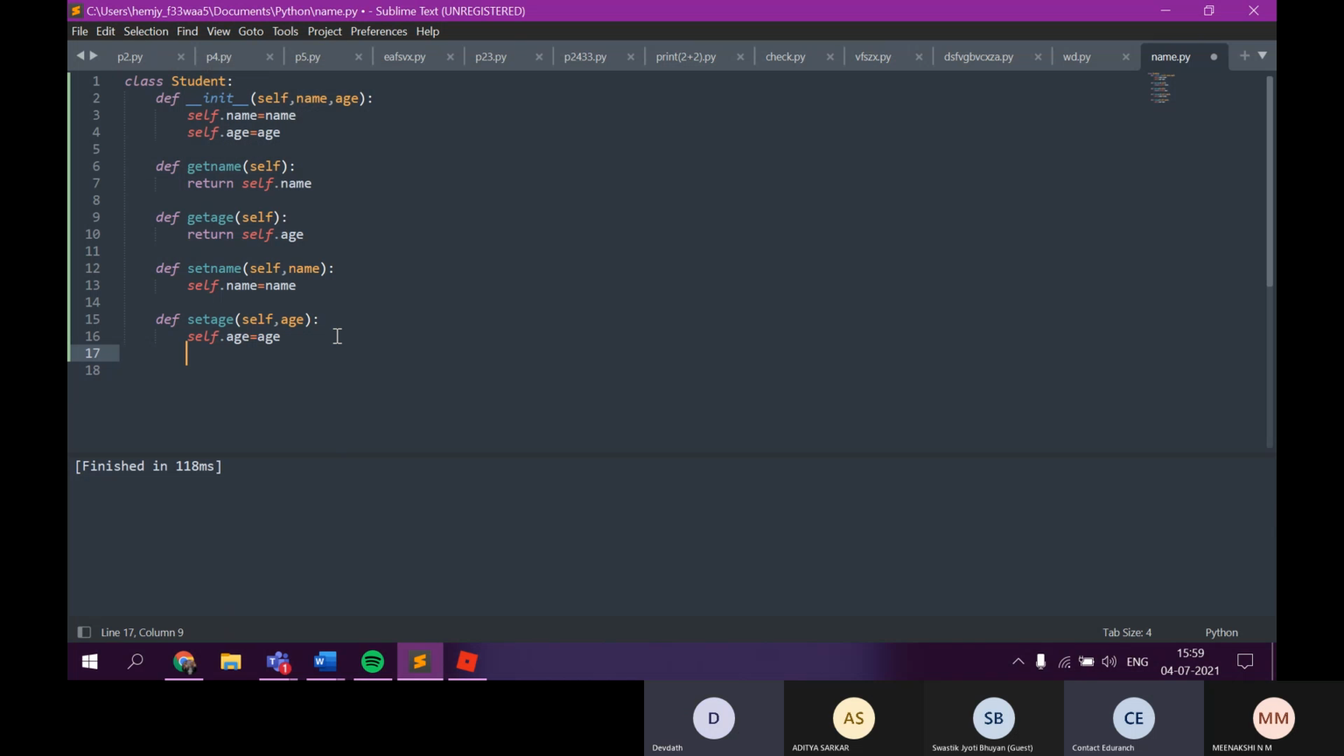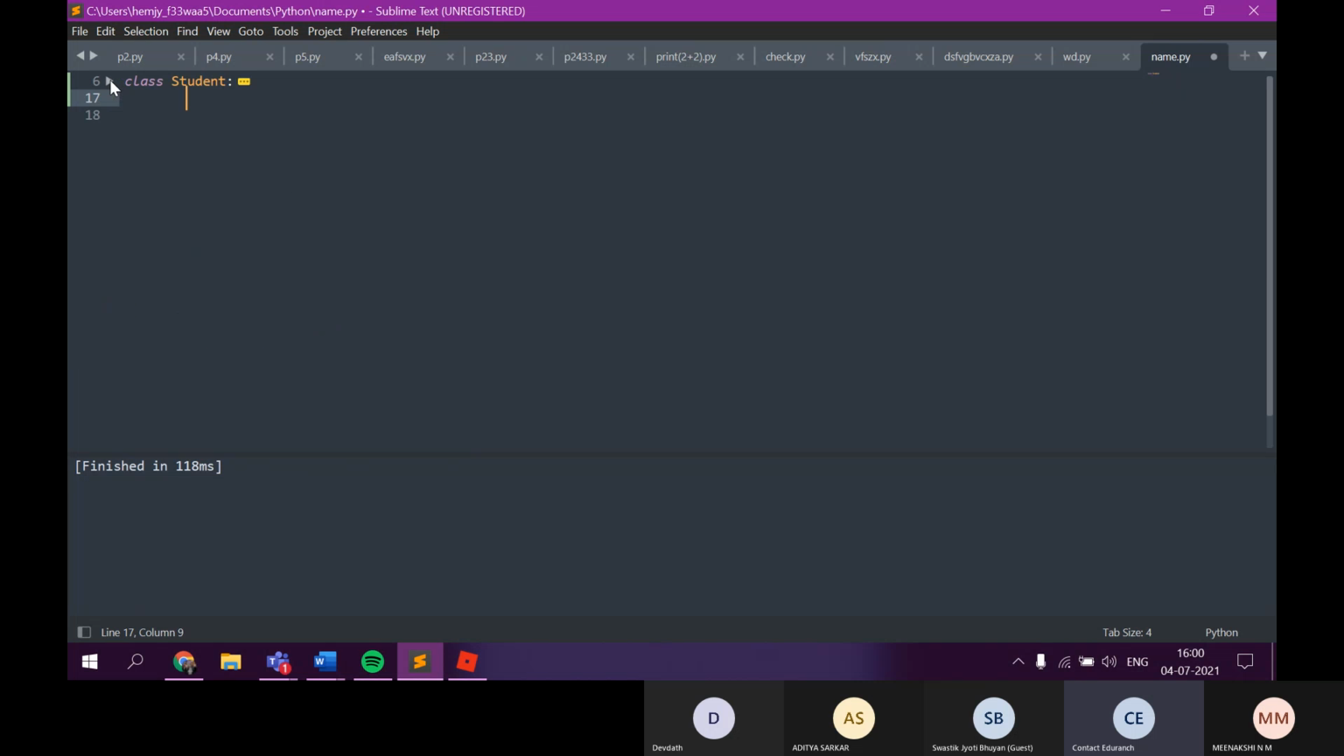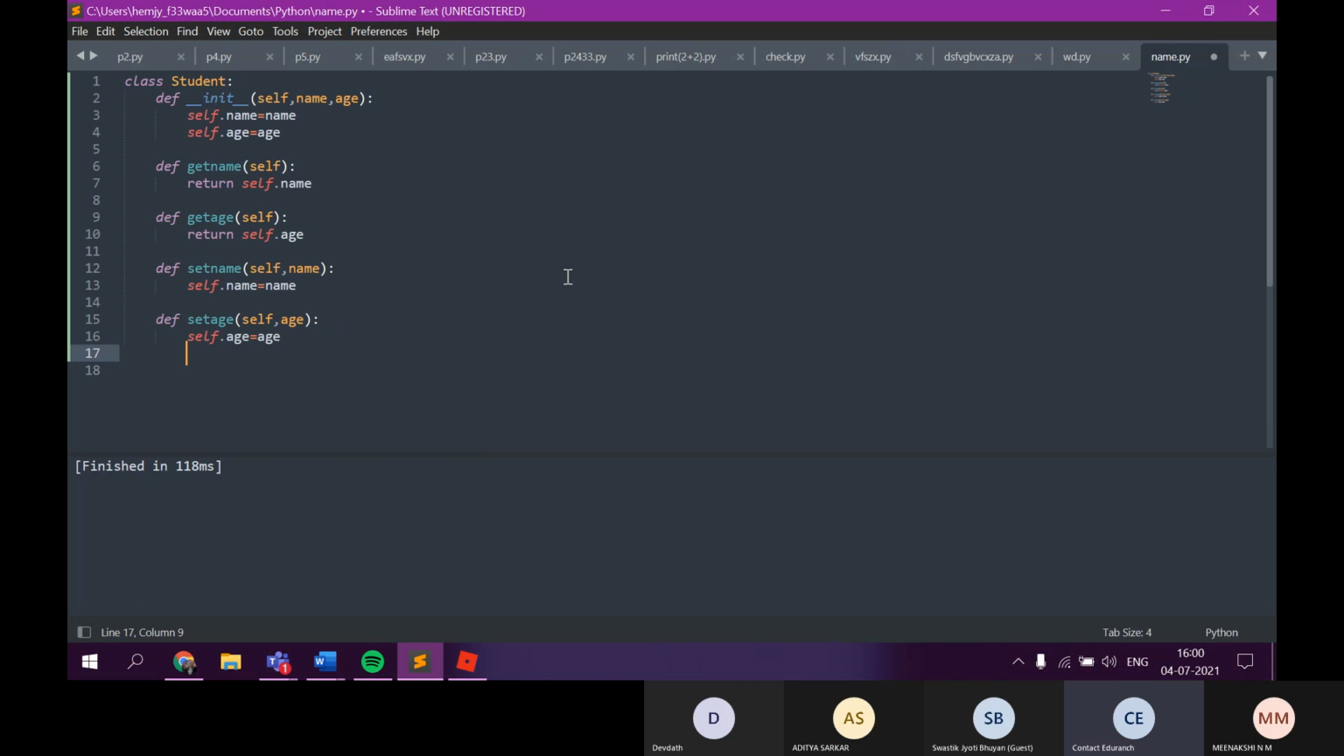See, we have so far used primitive data types like integer, string and all that stuff, right? So now you have successfully created your own data type called Student. Congratulations to all of you. Now you can use this data type to create objects. Just like Python created its own data types, integer, string, float,